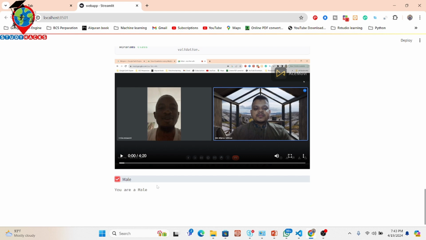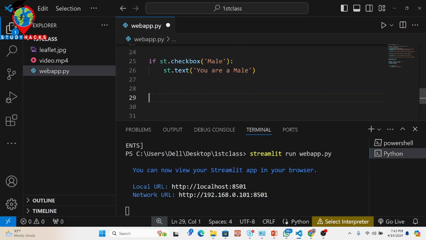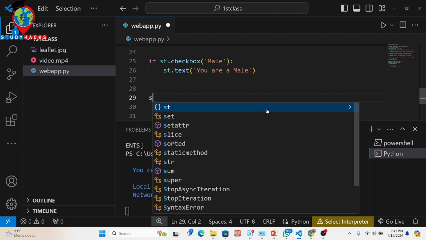Not only for that, if you want, you can also add a radio button here. For doing these things, we can easily add the radio button. Suppose I show you an example of how you can add a radio button. For the radio button, suppose I take a variable and put the variable name, suppose